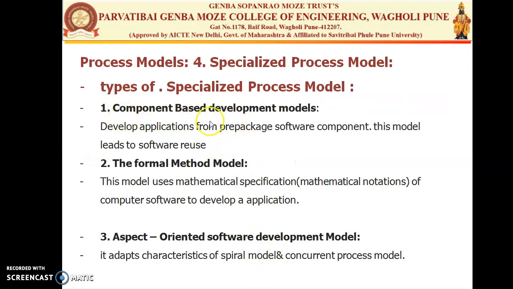The first is the component-based development model, which uses components from a previous application to build a new application. Then second, we have seen the formal method model, which means whatever mathematical notations and symbol tables are used in the formal method model to develop software. But this is complex because many developers are not aware of the mathematical notations or methods. Then third is aspect oriented software development, which adapts the characteristics of the spiral model and the concurrent model. And the last system where the number of complex requirements are